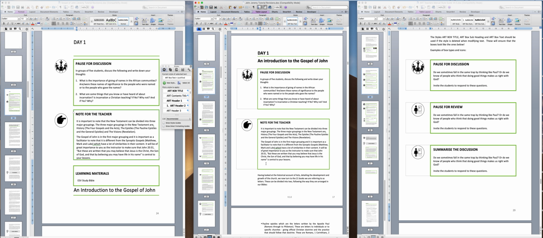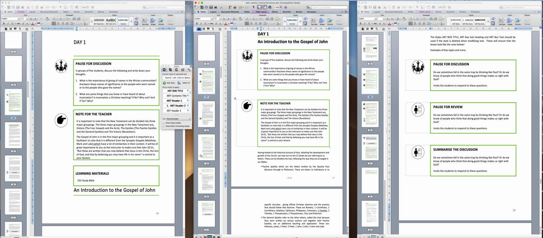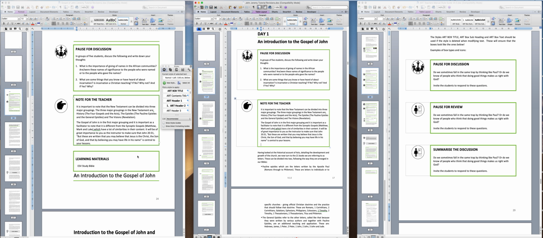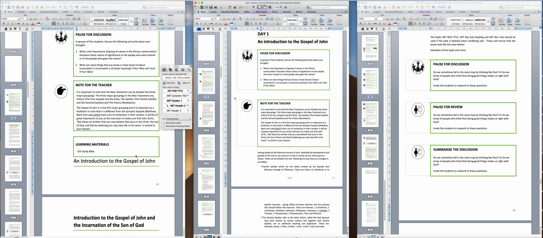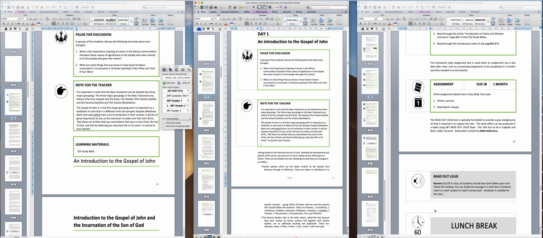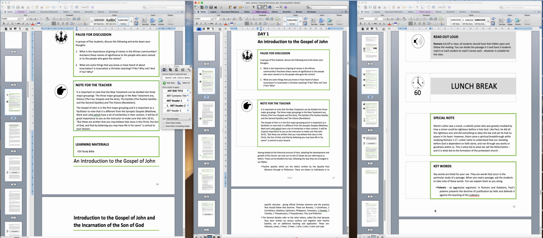Too much space at the bottom, let's close that up. Too tight, so put in one space like that and it looks a lot better. And then we've got another box which is just a blank box called Learning Materials. Now you could effectively look for a box here without an icon. For example, here's one called Special Note. Select that, copy it,